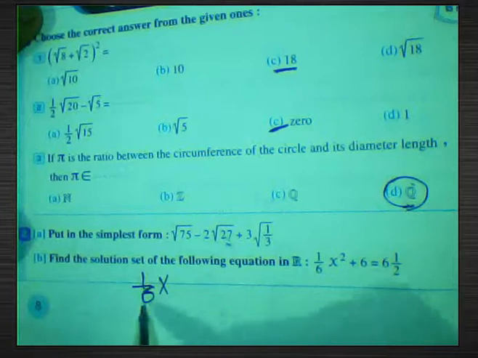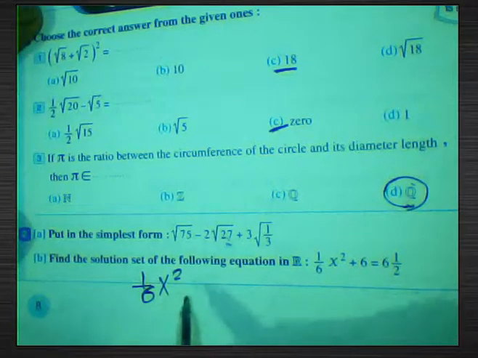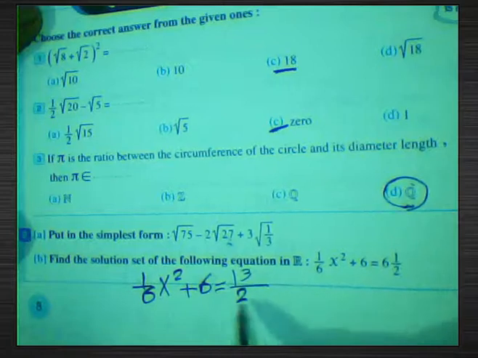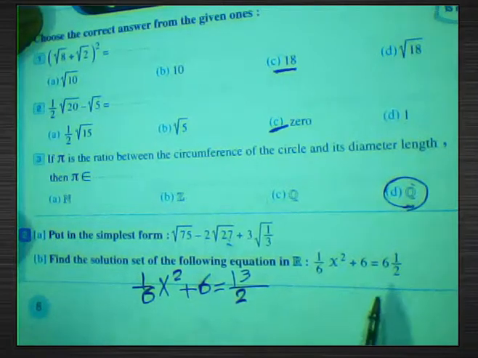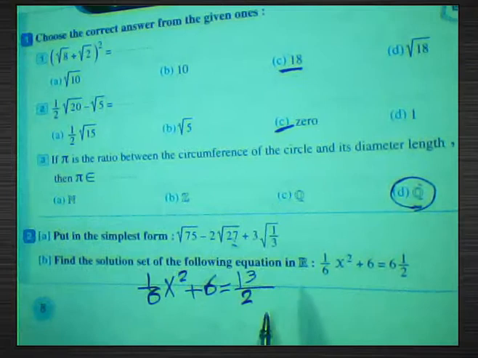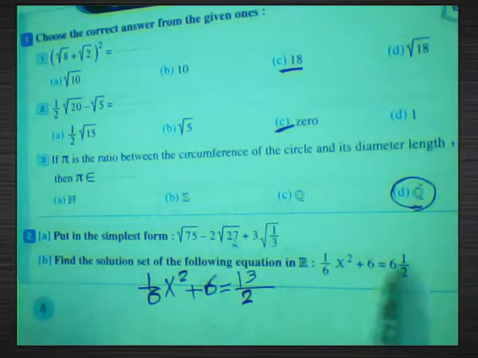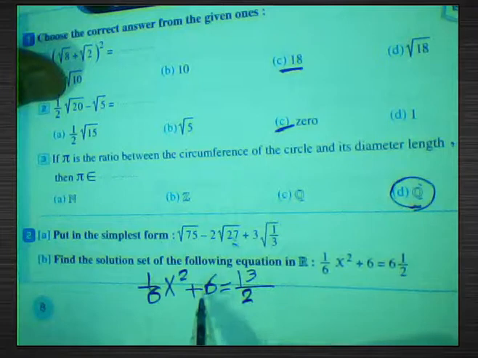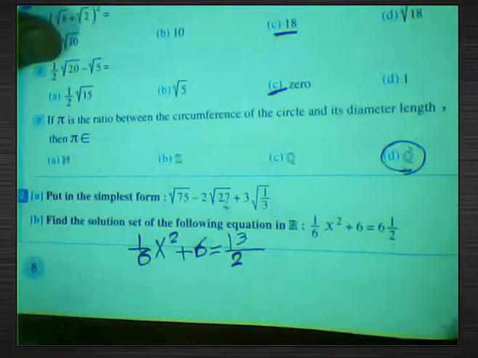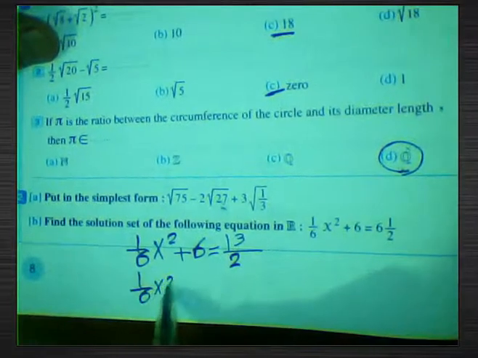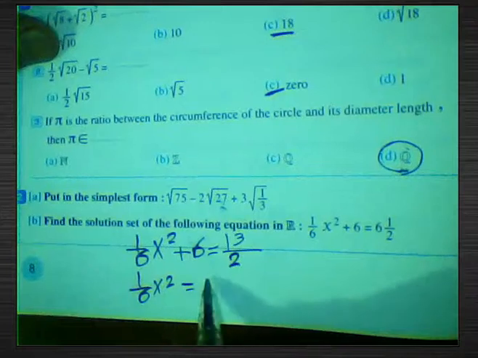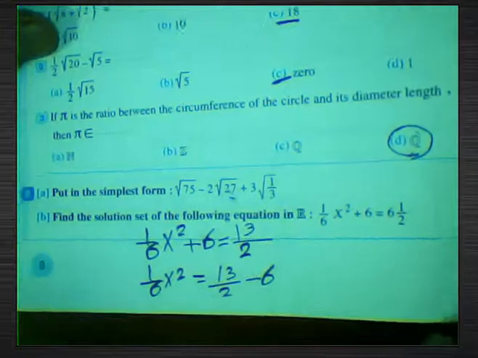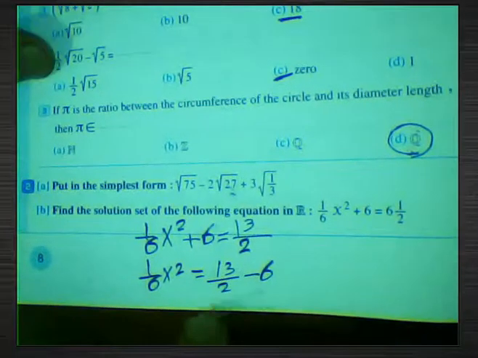So 1 over 6 x power 2 plus 6 equals 13 over 2, because we convert from a mixed number to improper: 2 times 6 equals 12, plus 1 equals 13, so 13 over 2. We're moving 6 from the left-hand side to the right-hand side. So we can write 1 over 6 x power 2 equals 13 over 2 subtract 6. Okay, we can find the result